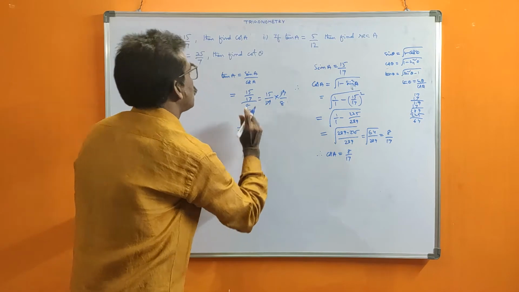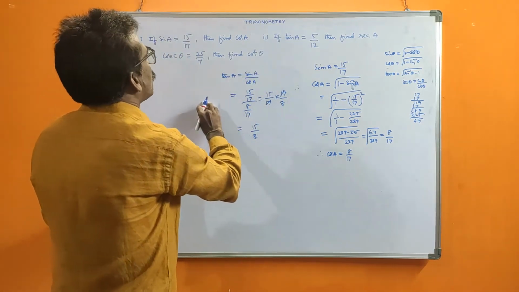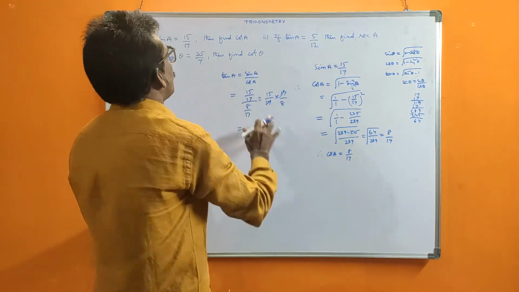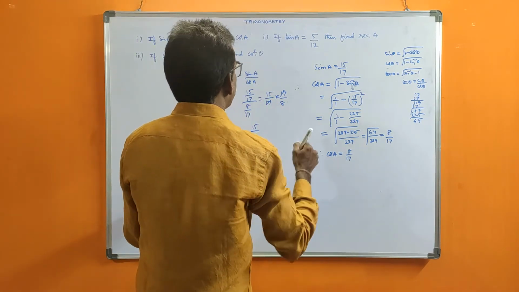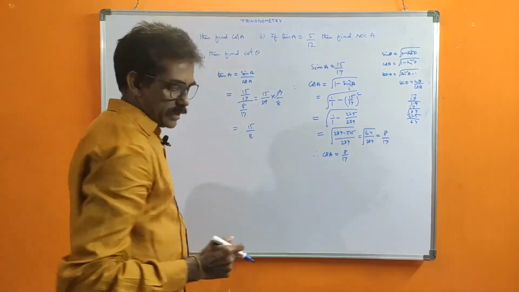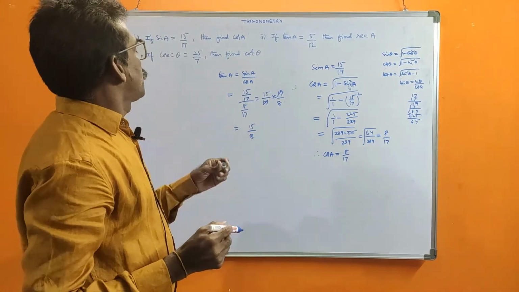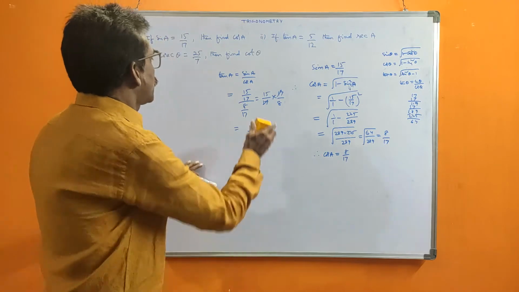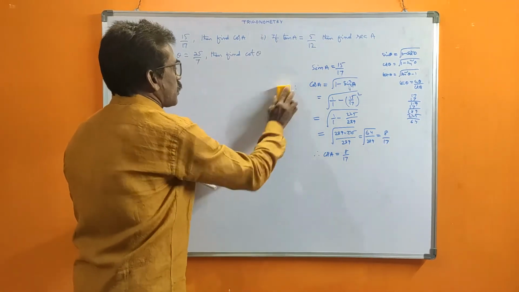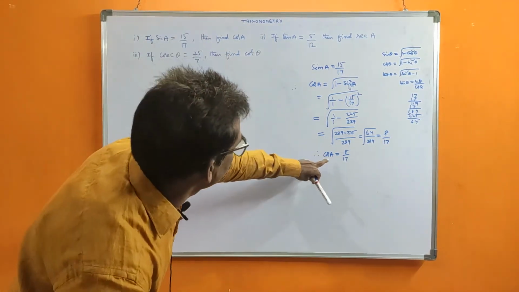So whatever he asked, only that you need to calculate. For example, here I told that find cos A was asked, so cos A is enough. If the remaining ratios were asked, we could do them like this. But for this problem it is enough; he asked only cos A. Simple.